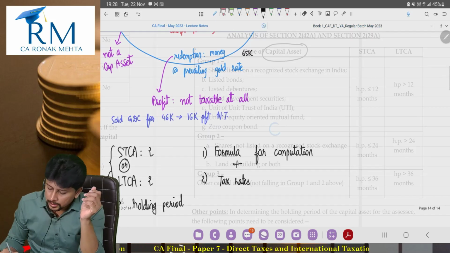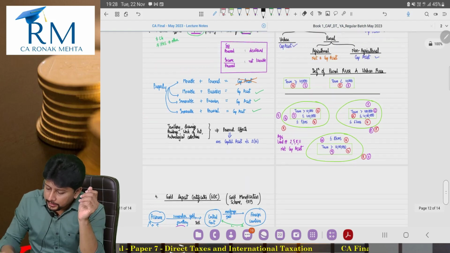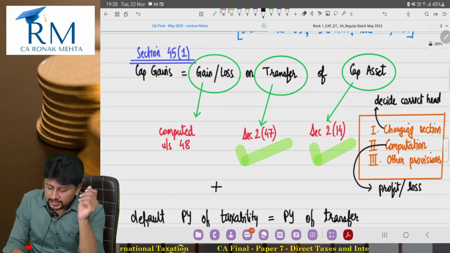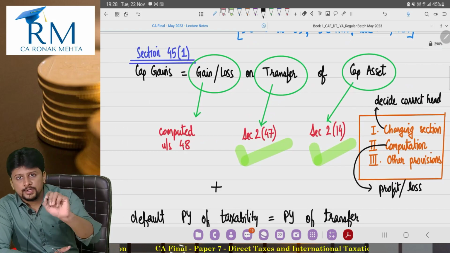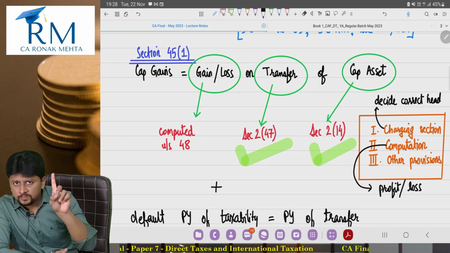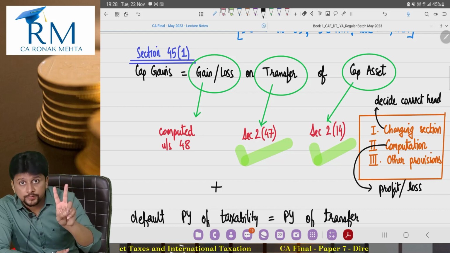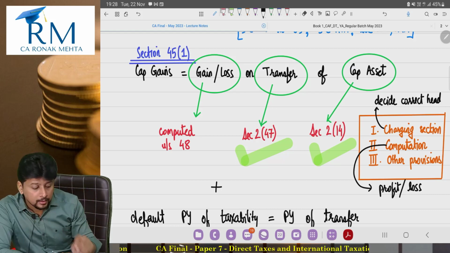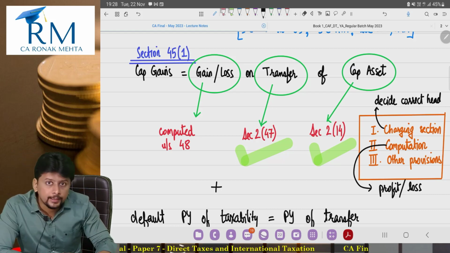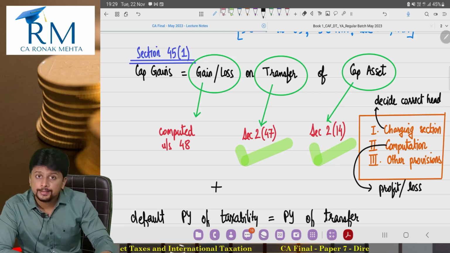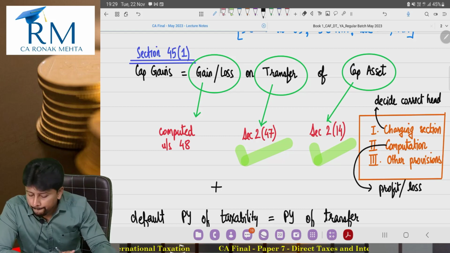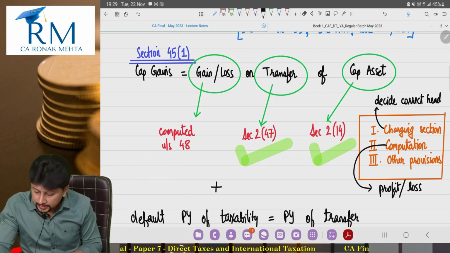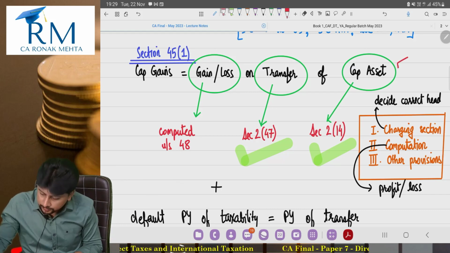Okay. Coming back, see this. I took 45(1) as the base and I started this chapter. 45(1) gets divided into 3 installments: capital asset का definition, transfer का definition, and computation under section 48. Of the 3, that computation under section 48 is the lengthiest, is the more important, more difficult one. So I'll do this third thing, computation under 48, a bit later. First part, definition of capital asset, we've already finished.